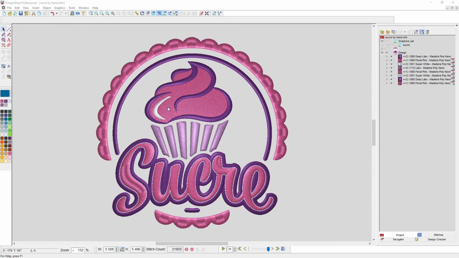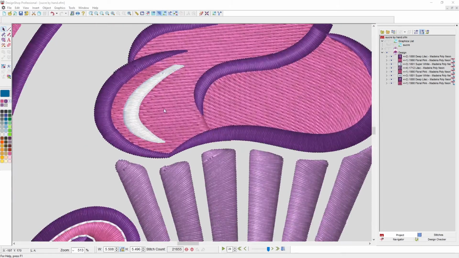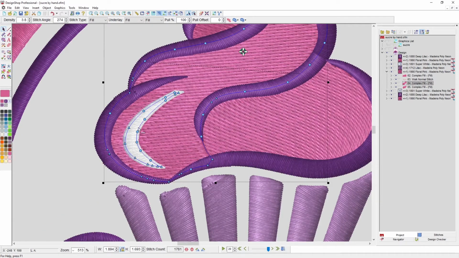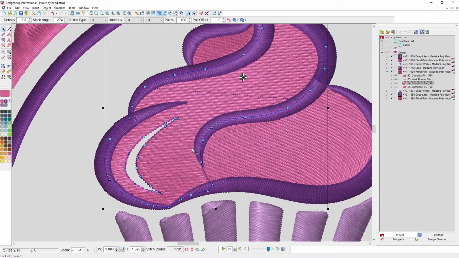You can also use selection tools to select a hole in a fill and delete it. So here we have a design, and this part of the top of the cupcake has a hole underneath the shine. So if I hide that shine, you can see there's a hole there. And that means that the fill is going to have to fill and come back and meet itself. And I'm not really saving that many stitches, and I'm causing a little bit of fabric distortion. So what I may choose to do